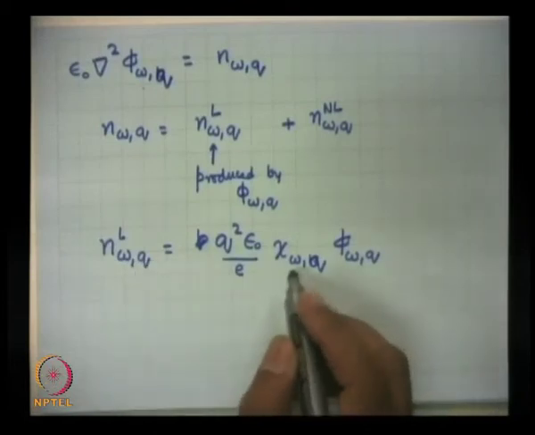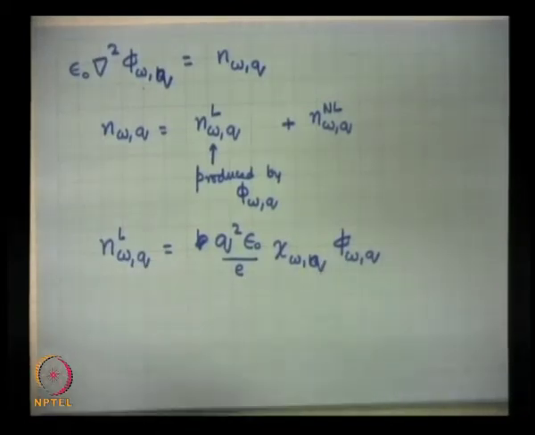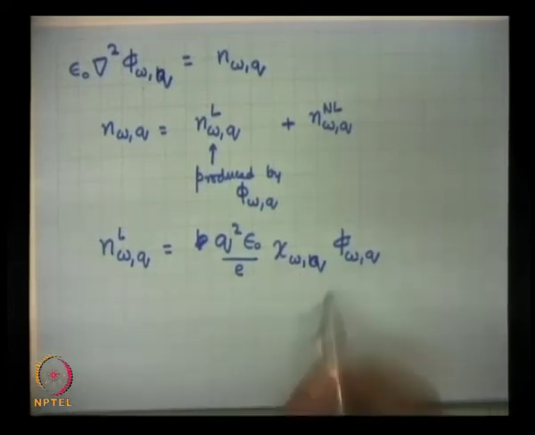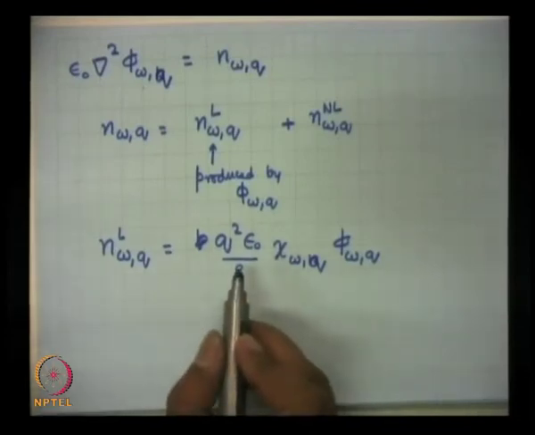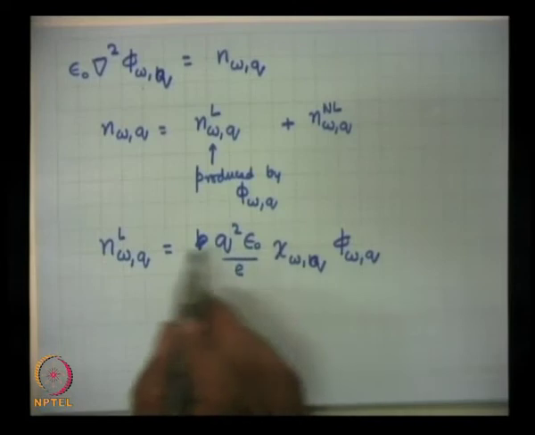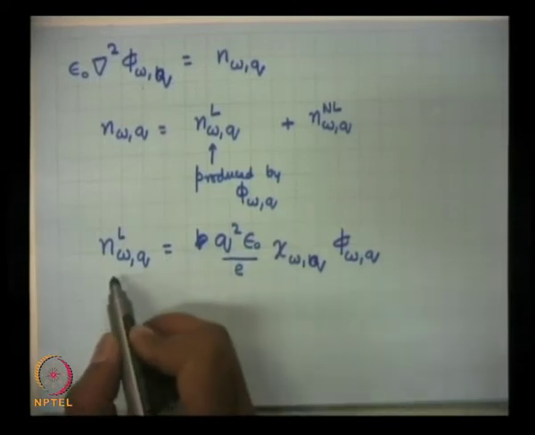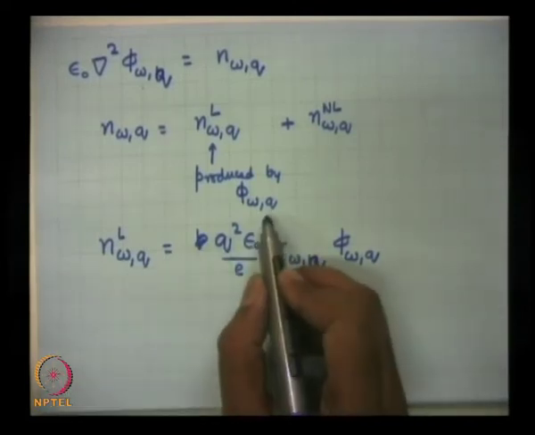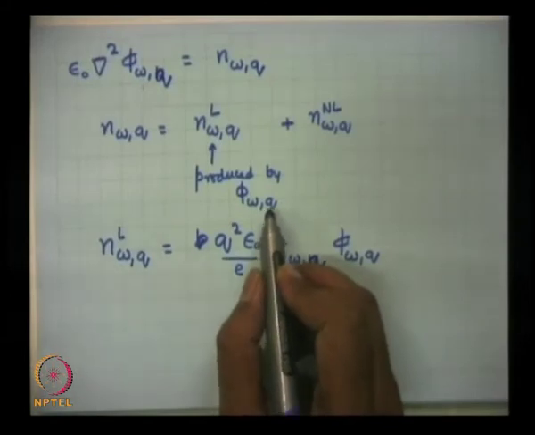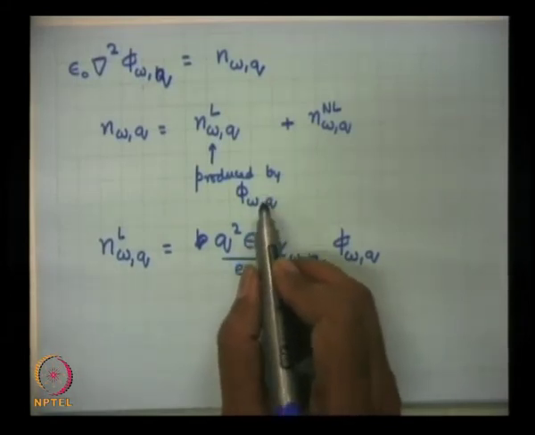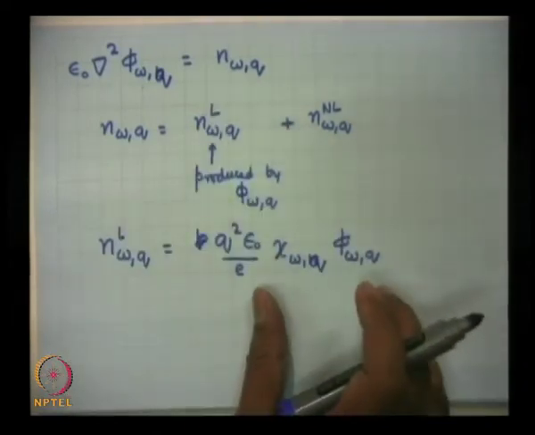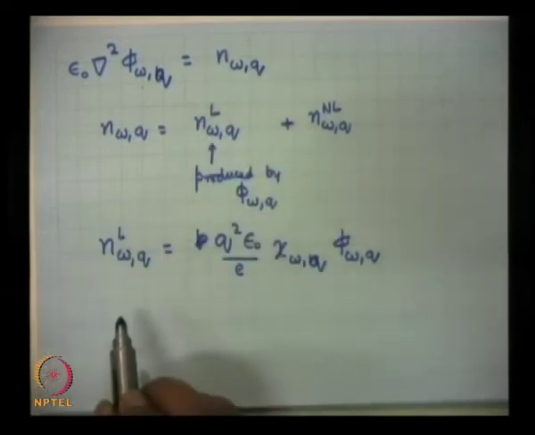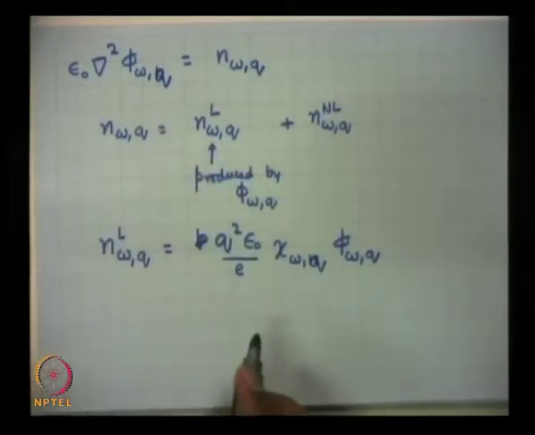And all the information about kinetic effects is contained in the susceptibility. So, I do not have to solve the velocity equation, I can simply write down, because I am familiar with my theory of plasma waves, kinetic theory of plasma wave. So, I can always write down the density perturbation caused by this intermediate or quasi potential that is created because of this charge variations. So, I substitute this in here, then this equation takes the following form.